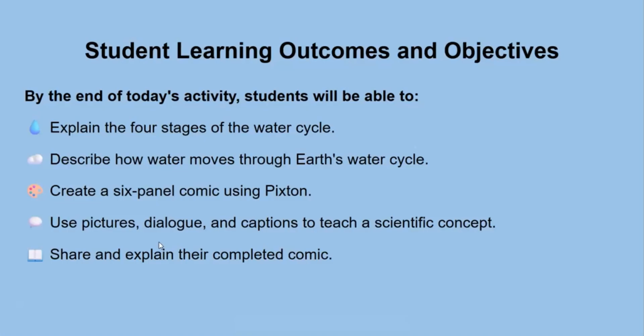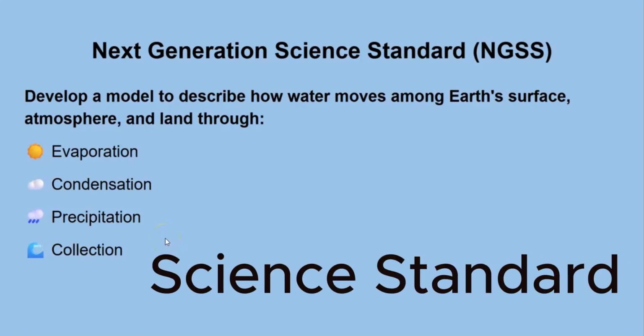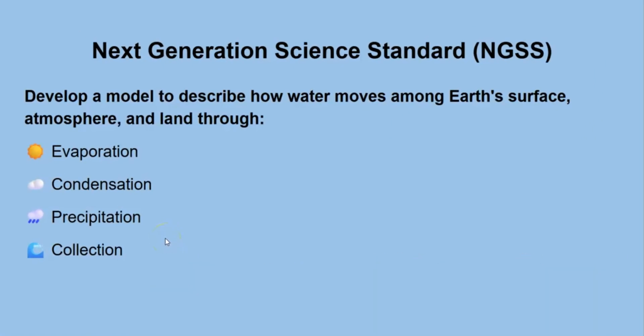So, during this lesson, you will explain the 4 stages of the water cycle, describe how water moves through Earth's water cycle, create the 6-panel comic, use pictures, dialogue, and captions to teach a scientific concept, and then share and explain the completed comic. This lesson is going to be connected to the Next Generation Science Standards because we'll be creating a